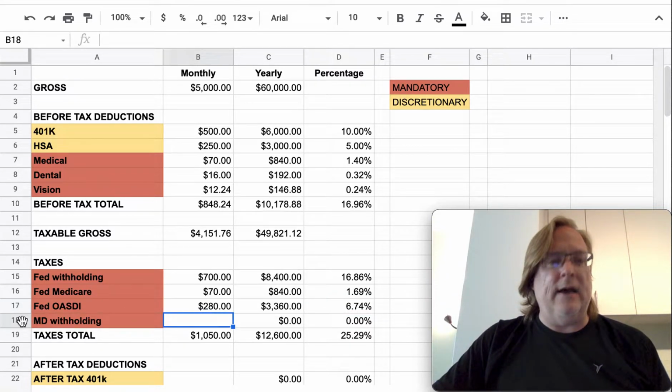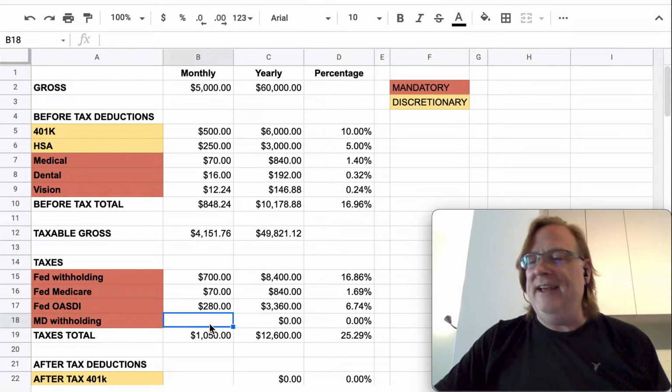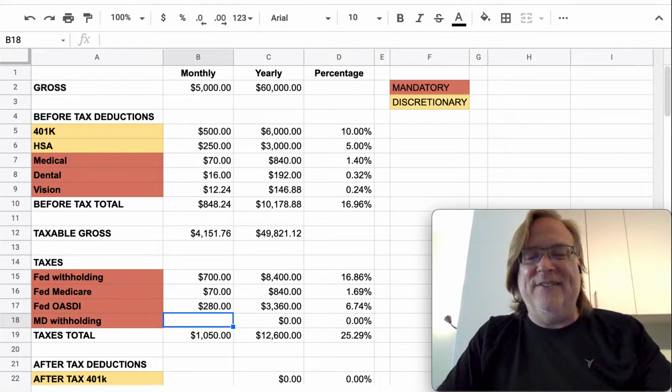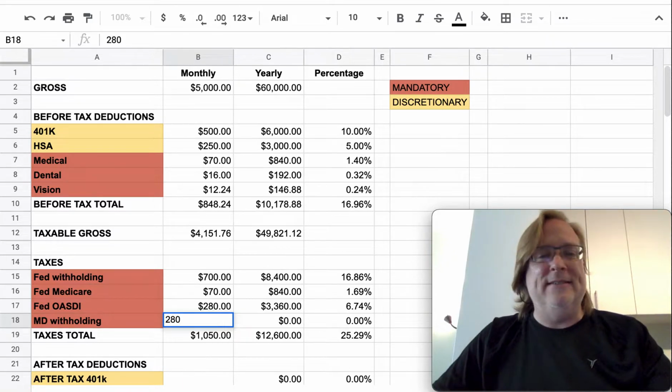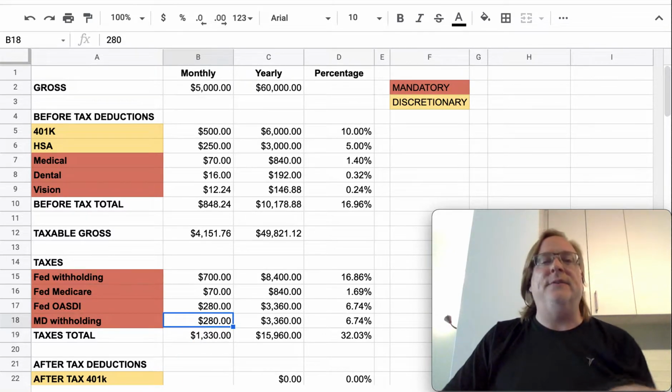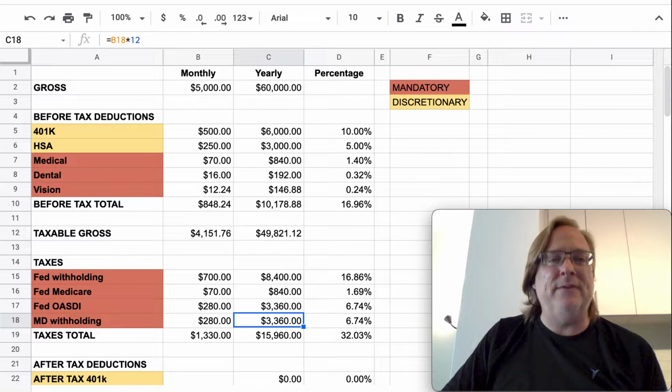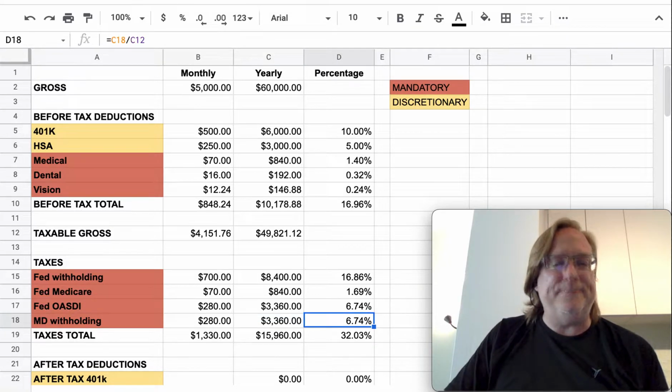Giving a little bit away here, I happen to live in Maryland. So then, whoops, I reused a number. That's fine, let's say it's 280. So then this is just multiplying by 12, once again in the yearly column, and then a percent, the cell